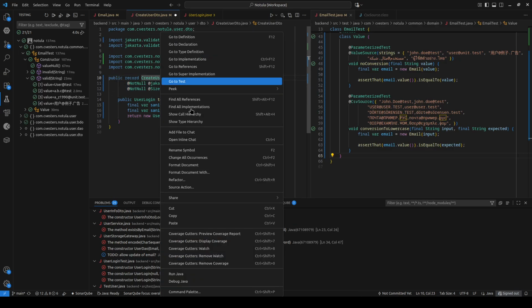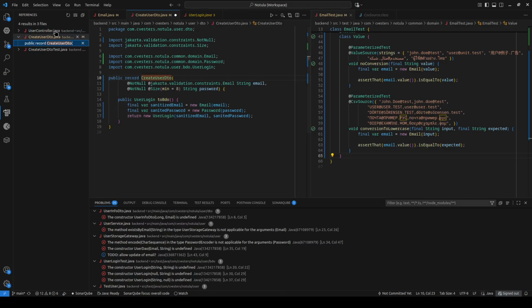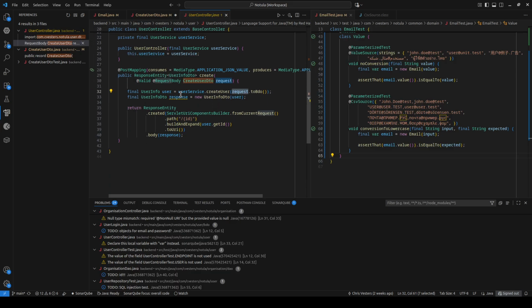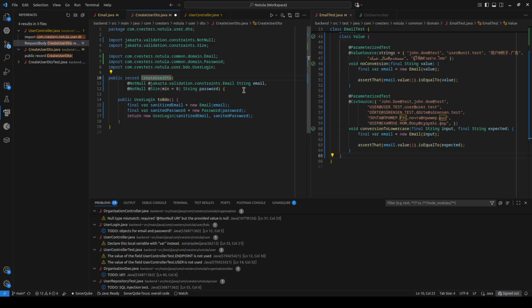Another thing I can do is check where they are used, which is not in many places in the controller. Here, where I create the object, that's fine, but here I do the to BDO. What I could do is convert it to the BDO and then catch all the exceptions there, and then say, oh, something went wrong. The problem is that then I don't know what went wrong, I don't know what is invalid, and with this whole validation thingy, it will say, oh, the email is invalid, or oh, the password is invalid. The downside is that